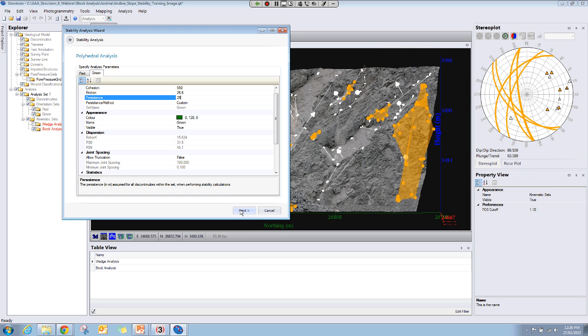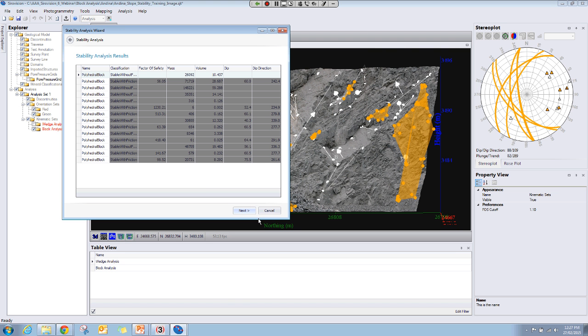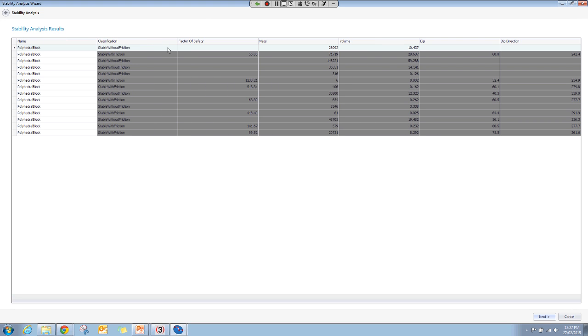And that's it. Hit next. And hopefully it'll plot some blocks. Now this again was using quite a large persistence. It's quite a conservative analysis, and it's found a lot of blocks in here. So again,